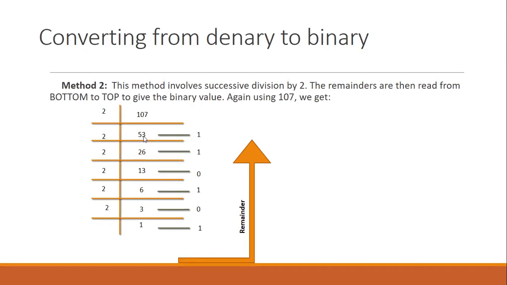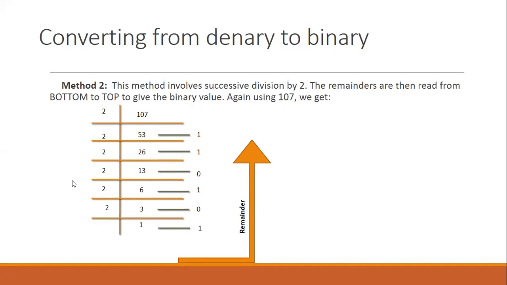Then what you got: 2 5s are 10, no remainder. Then 2 3s are 6, 1 remainder. You wrote the remainder after writing down the quotient here, 53. Then 2 2s are 4, passed on the remainder, it makes 2 6s are 12, remainder 1. 13 2s are 26, remainder 0. 2 6s are 12, remainder 1. 2 3s are 6, remainder 0. 2 1s are 2, remainder 1. And in this manner,